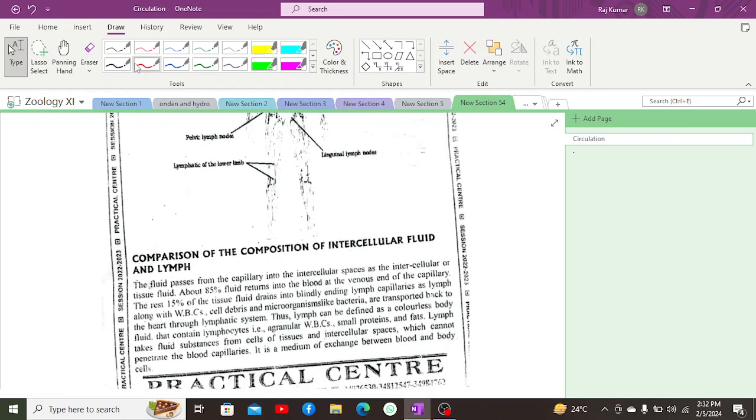So here, within the tissue fluid, 85% of the fluid returns into the blood at various ends of the capillaries, but the remaining 15% of the tissue fluid drains into the blindly ending lymph capillaries as lymph, along with WBCs, cell debris, and microorganisms like bacteria, which are transported back to the heart through the lymphatic system. Thus, lymph can be defined as a colorless body fluid that contains lymphocytes, agranular WBCs, small because they are smaller in size,